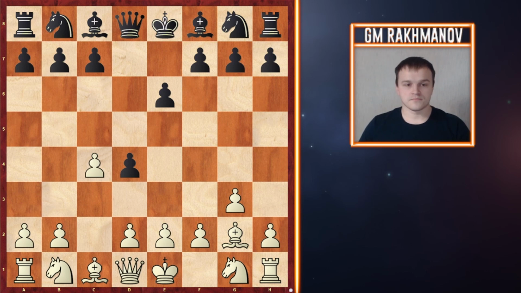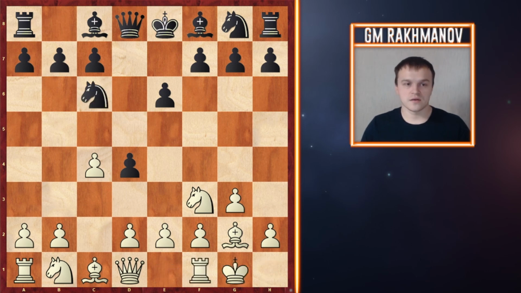White gives black the possibility to push d4, grabbing some space, but in return he gets some time to develop the pieces. So knight f3, knight c6 supporting the d4 pawn, castling, bishop c5, one more time adding another defender for the d4 pawn,